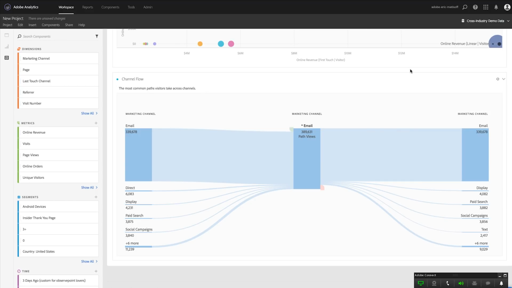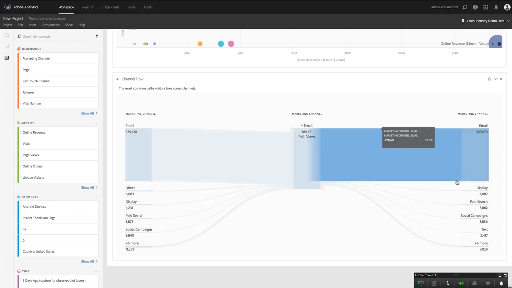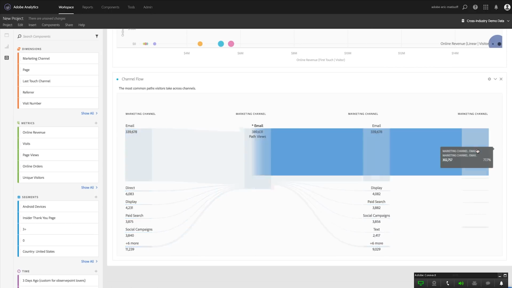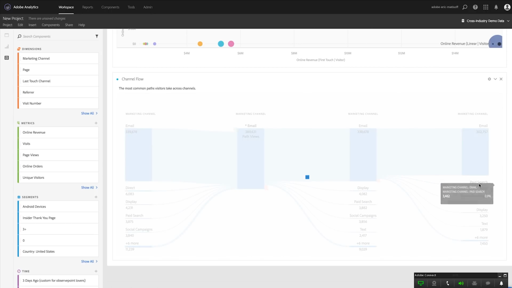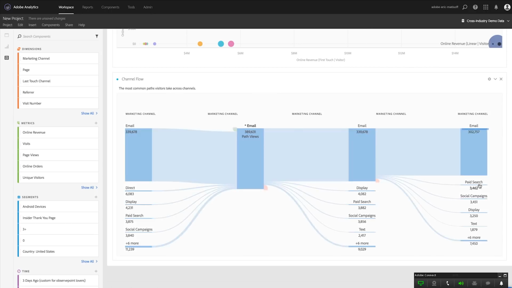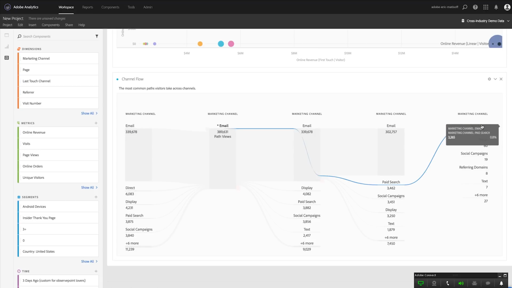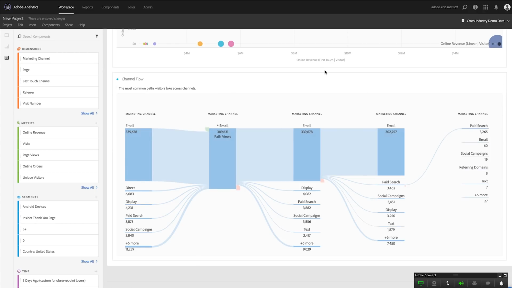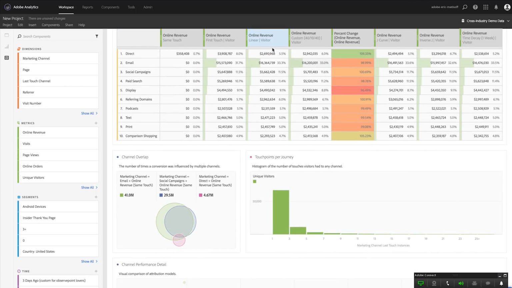see at the visitor-based level, we can see how users are traversing from one channel to the next channel and to the next channel, etc. And per the usual, just like any flow, you have the opportunity to right-click and create segments or trend and all of that fun stuff. Now, we talked through the Attribution IQ panel. We talked through the ability to right-click on a free-form table to create attribution model comparisons and modify them on